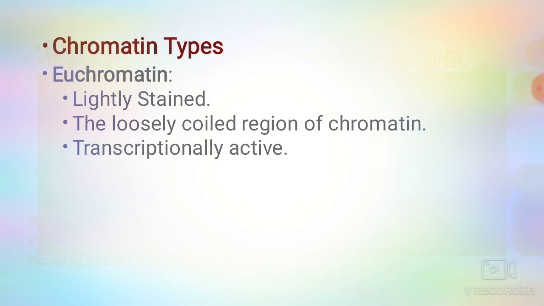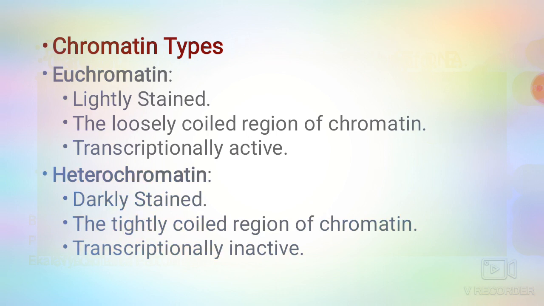Chromatin is a thread-like structure, or stained or colored bodies seen in the nucleus, and chromatin is nothing but the chromosome or DNA. It helps to transfer genetic information from one to another. There are two types of chromatin: euchromatin and heterochromatin.